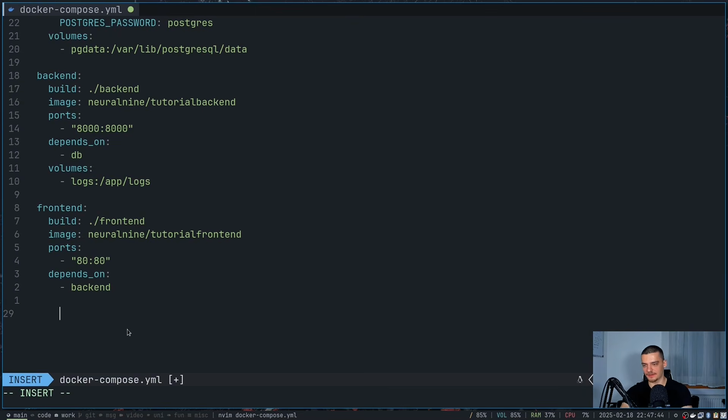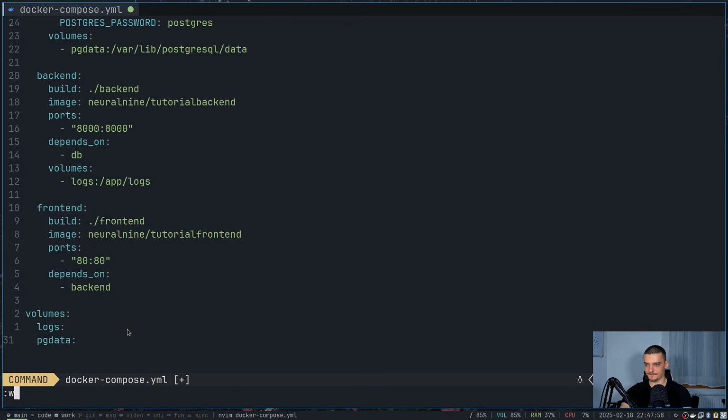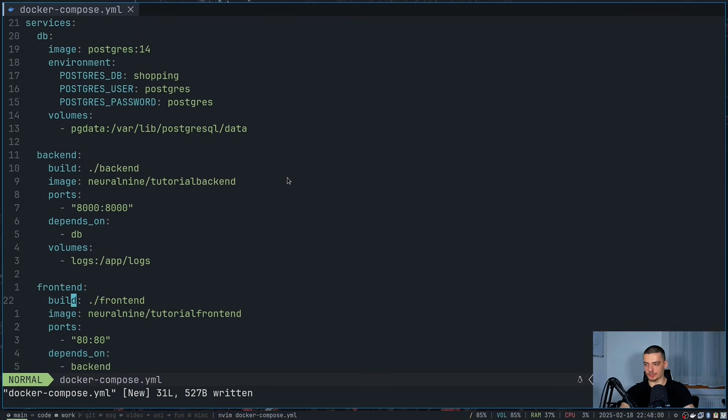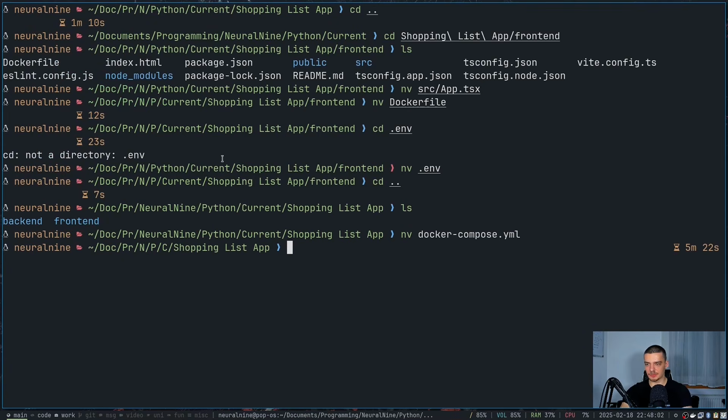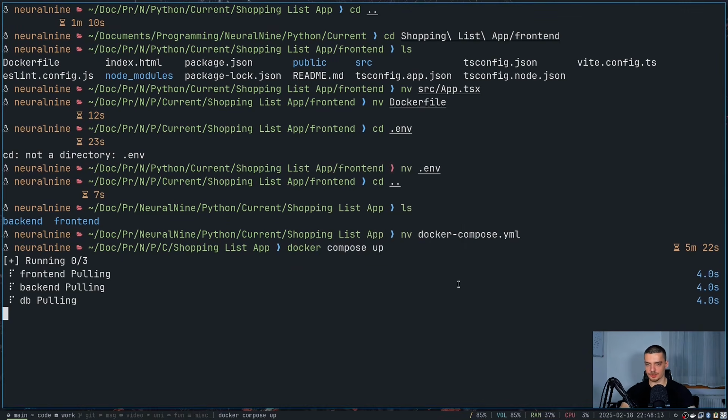And finally, all we have to do here is define two volumes. The two volumes are going to be logs and pgdata. That is now our Docker Compose YAML file. So I'm going to close that. And all we need to do now is docker compose up. So I can enter my password, and this should then